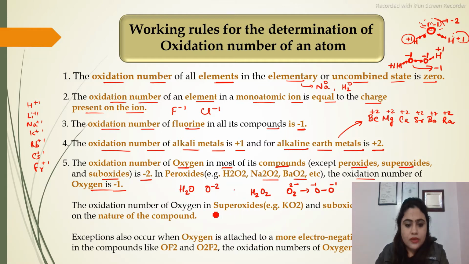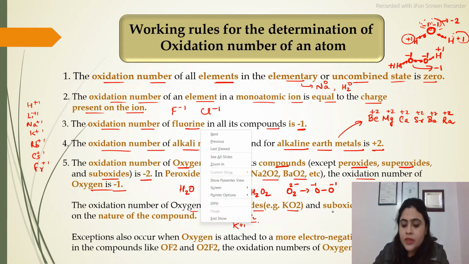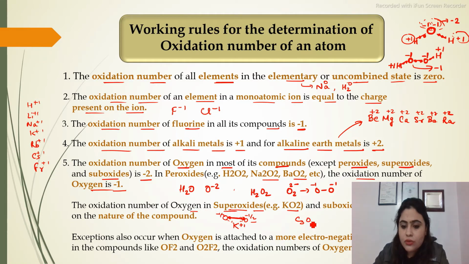Now we'll discuss the oxidation number of oxygen in superoxides like KO2. In KO2, the potassium is bonded to oxygen, okay, in this way. This is the bond. So if potassium, we know it is having +1 charge, अगर यहाँ +1 है तो -1 होना चाहिए distribution on both the oxygen atoms, इसलिए -1/2 and -1/2 both contribute to -1, इसलिए superoxides में ऑक्सीजन के ऊपर -1/2 चार्ज होता है।